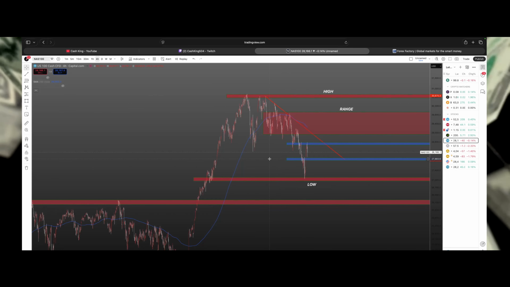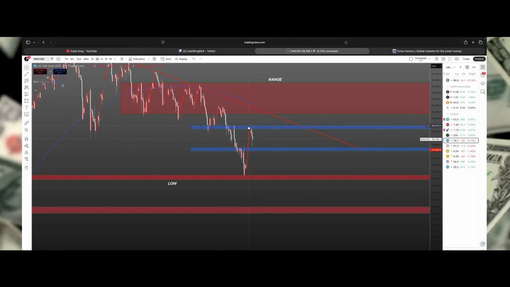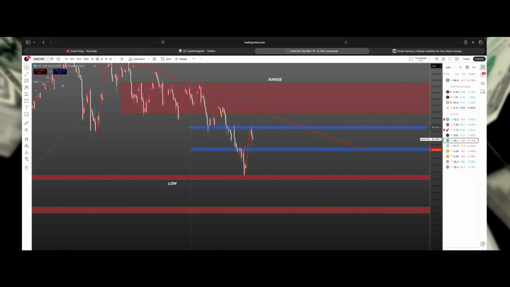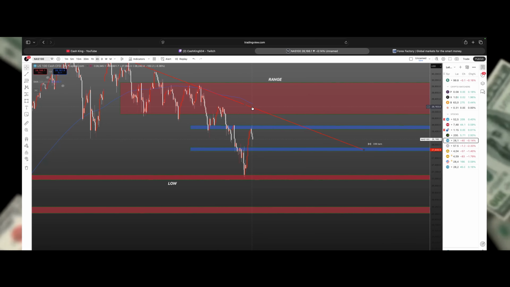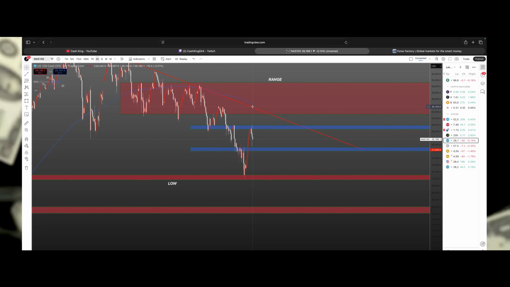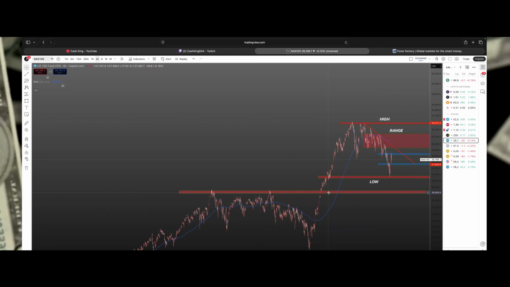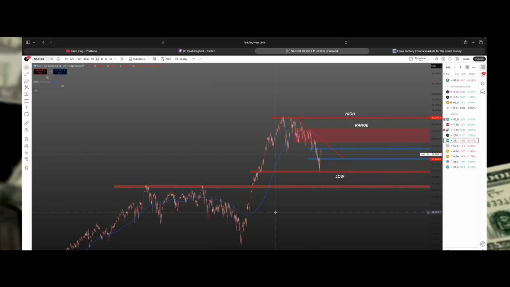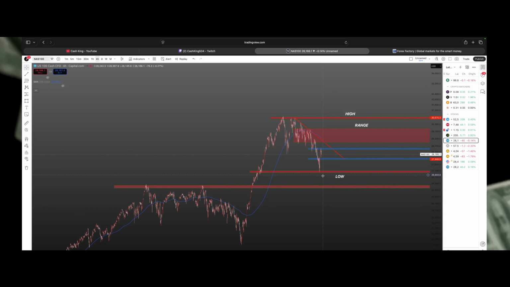But what I can expect NAS to possibly do is, if it comes above this resistance zone, I could see it tap right back into this range. And once it taps into this range and also the trend line, I can also see it pushing right back down to finally close the gap that it made, correct? So I think NAS is definitely in a bearish direction.